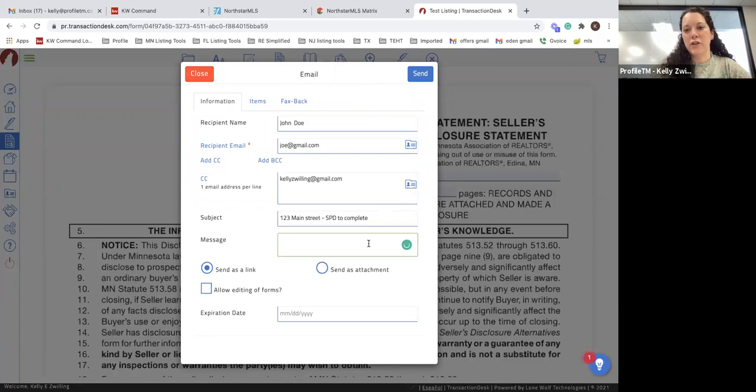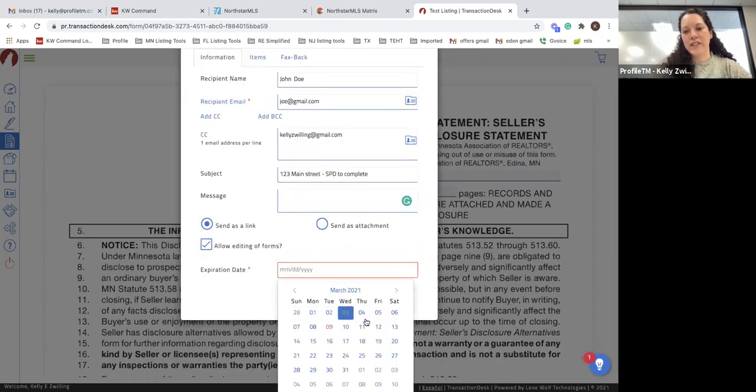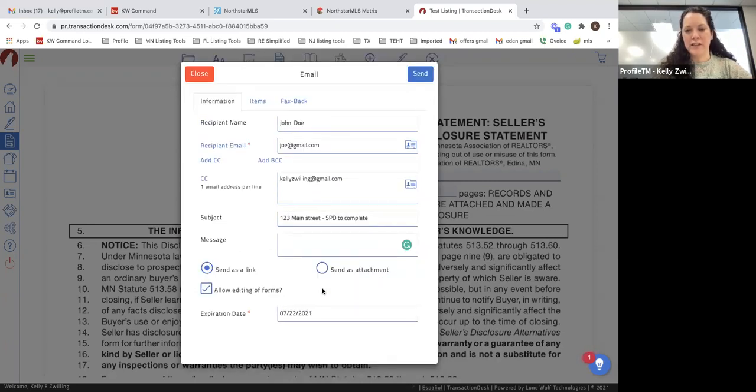Right. And then I have a little message that I send them, and I make a note for them to click file and save because it does not automatically save in the system. But this is where you're going to click on allow editing of forms, and then you have to select an expiration date. So I just go out however long I think it's going to take them to complete it. And then I can click on send, and it's going to send them an email with my little message there